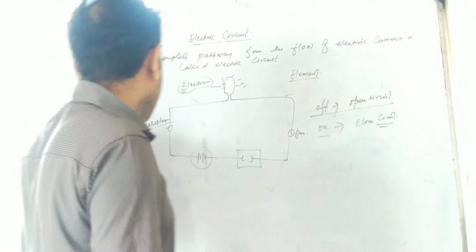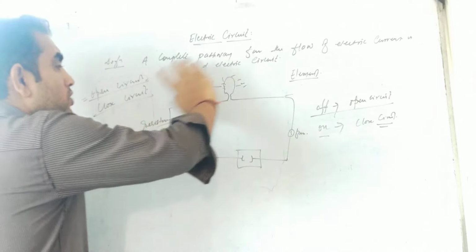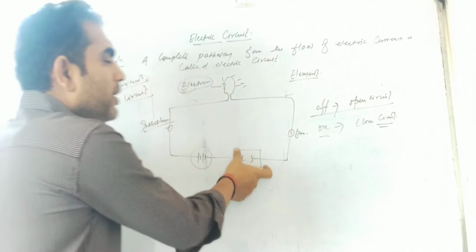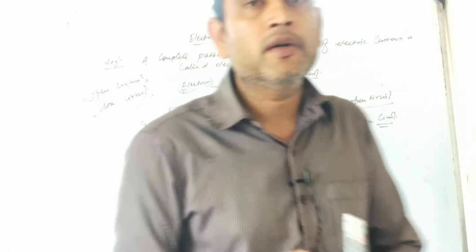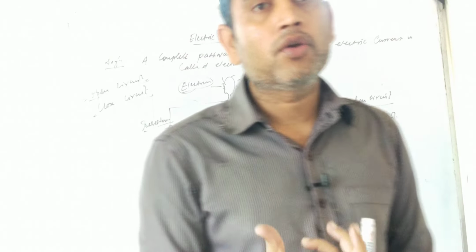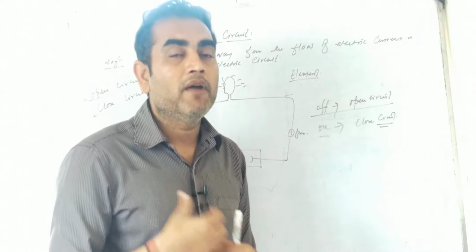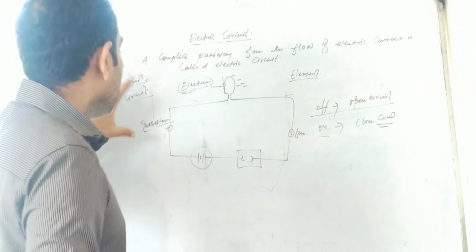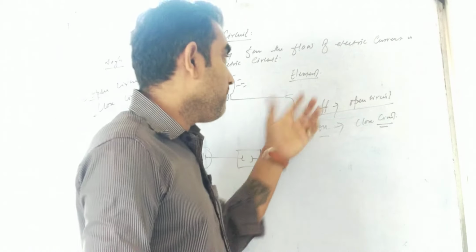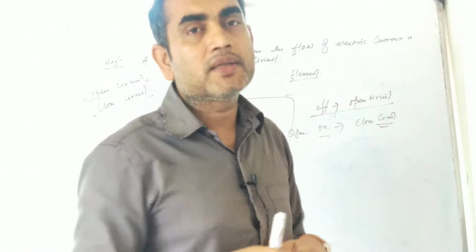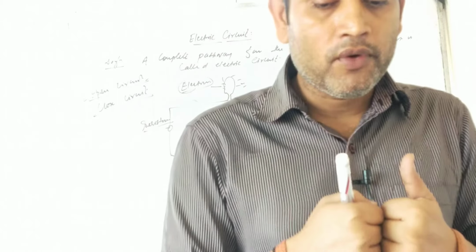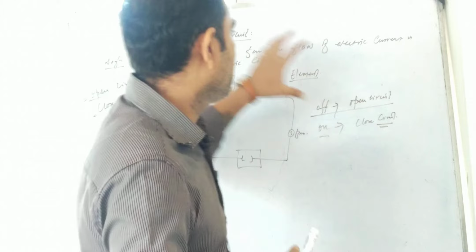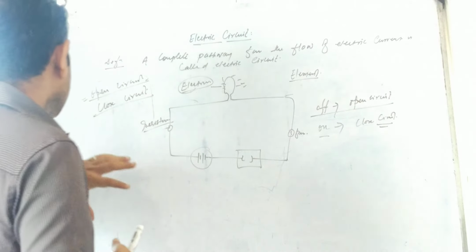And now the last point of the difference. So first one is, switch is turned off, switch is turned on. Second one, every component is not connected to each other, and in a closed circuit every component remains connected to each other. And the last one is electricity: in an open circuit electricity will not flow, and in a closed circuit electricity flows through the circuit. So that is the difference between the open circuit and the closed circuit.